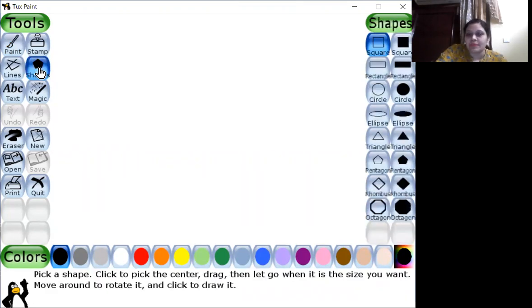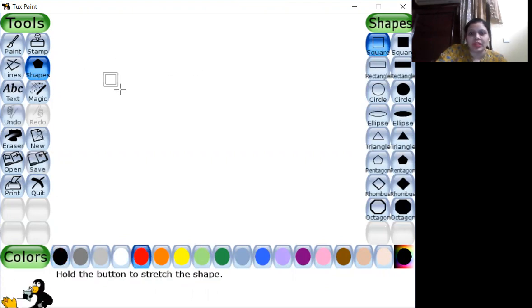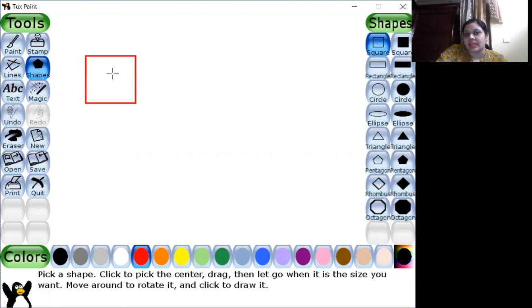So let's click on shapes here, and you can see in the shapes, the right side column, we have shapes. So the first line is the unfilled ones and the second is the filled ones. Now what is the difference? Now let me take one color. Suppose I have taken red and I'm drawing a red square here. Just click it. Now this is an unfilled square. Let's go for a filled one now. So this is a filled one. So I hope now you're clear. So what are filled and unfilled shapes?